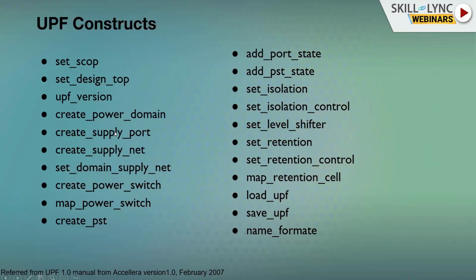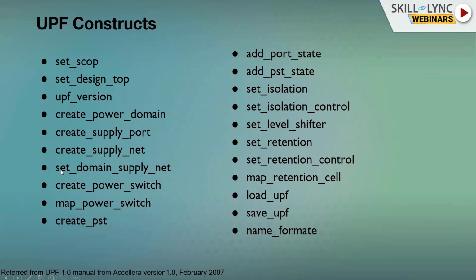You can still tell it, okay, these are my 5 different supply ports I want to create. You write the constructs, and the tool will create those supply ports explicitly. Once we have the port, we should have a net. That net is nothing but your wire, explicitly created with the create supply net command. Then once you have this, you have to connect it. I think as of now it is not there here, but you should have a connect command called connect supply net, which connects your net to the port.